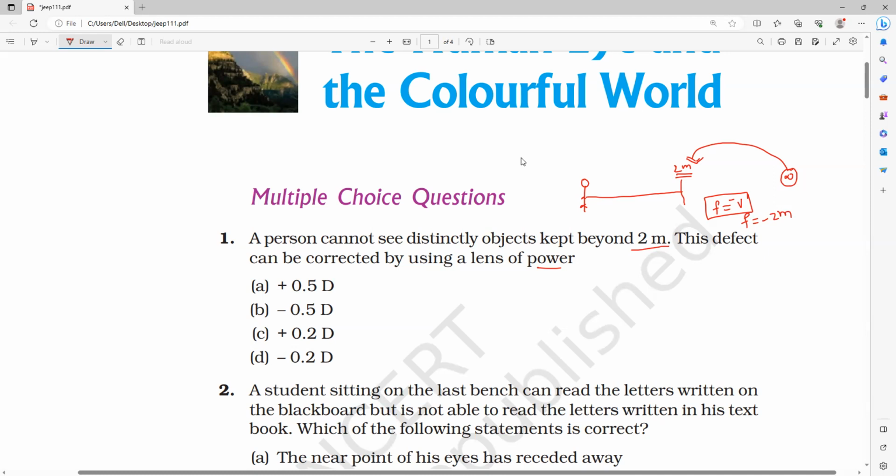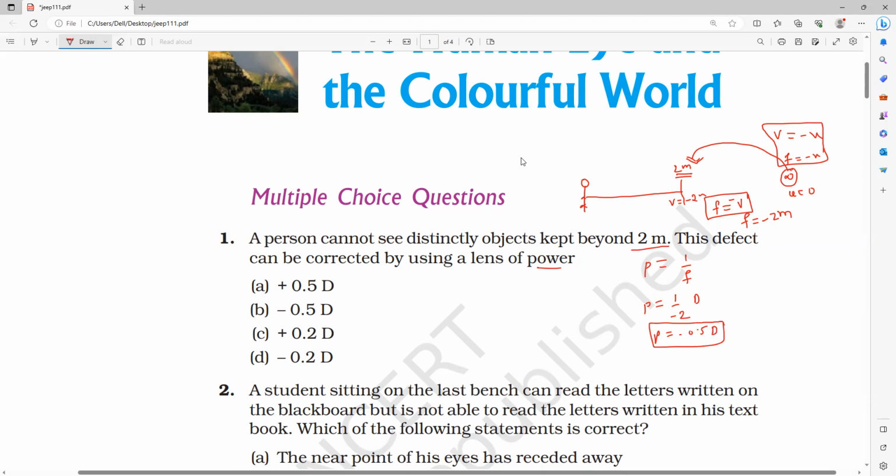All of you remember this is the object distance and this is the image distance. So if you take image distance as minus x, then our focal length also becomes minus x in the myopic case. We have studied this. Then power is equal to, we all know, 1 by f. So power is equal to minus 2, directly in dioptres. So what is the answer? Minus 0.5